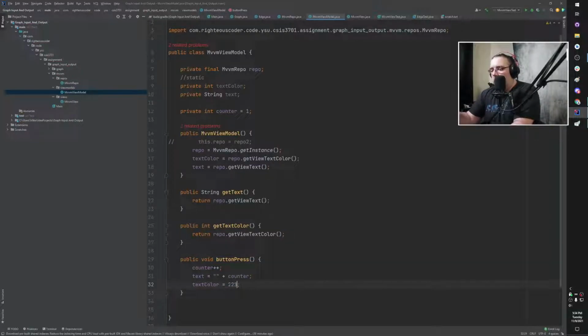It doesn't matter. We'll just say 225. That's not at all a real number for colors, but let's just pretend it is for now. All right. So if we don't pass in the repository,